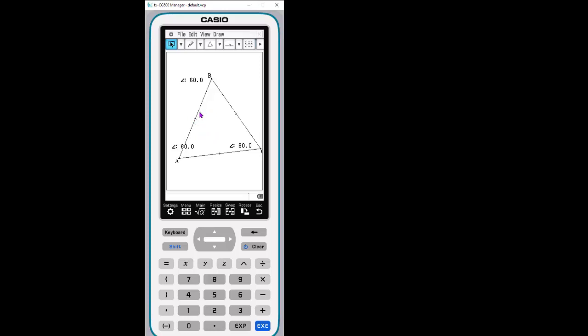But let's measure the sides. Again, very easy. You select what you want. It highlights. You go to Draw, Measure, and this time we're choosing Length. Oh, that's very interesting. I'm not quite sure what we're measuring right now, but that is a very large measure for this length. So let's measure length again. And what we're noticing is that they have the same length measure. It must be pixels.